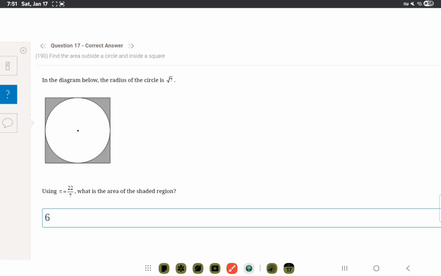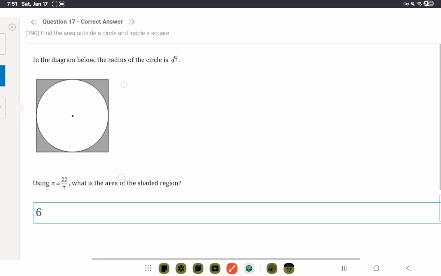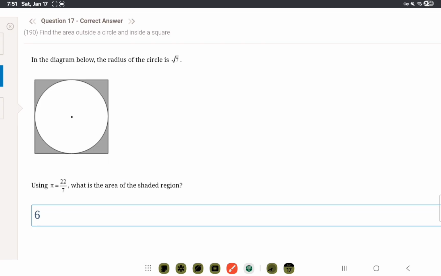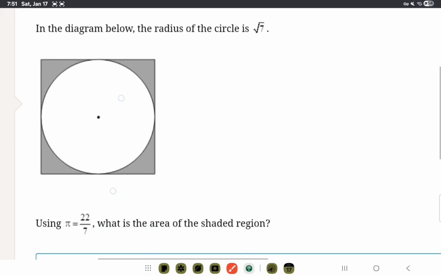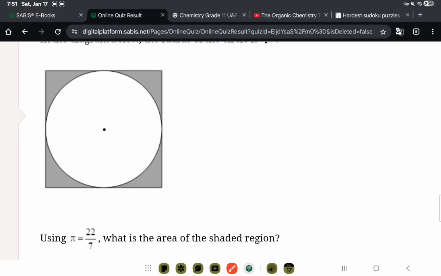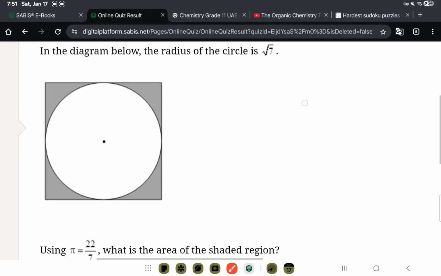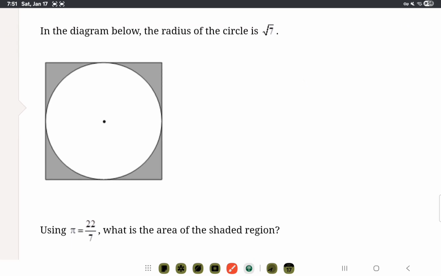Okay, this looks hard, but it's not that hard. From here to here, how much is it? Let me zoom in a lot more. The radius here to here is radical 7. Actually no, from here is smarter. You'll know why now. First of all, we want to find